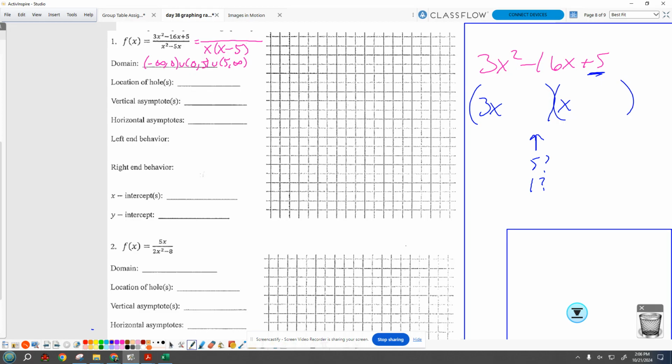Okay, hold on. So he's saying, again, it's high school, it should factor to be nice, because if it's factors like x minus 7/13, that's just rude. We're not going to do that. So he said 5 is prime, so it's 5 and 1. Yeah, but it's negative 5 and negative 1. The signs are both going to match, so they're negative. Outside times outside, 3x times negative 5 is negative 15x. Inside times inside, that's negative x, added together to be the middle term, so he's got it.